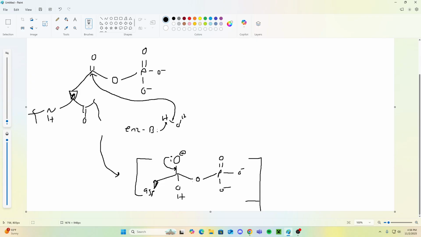So in one fell swoop, this bond gets kicked off and put onto this oxygen, and this lone pair probably takes this hydrogen away from this alcohol group and then gets put onto this oxygen,